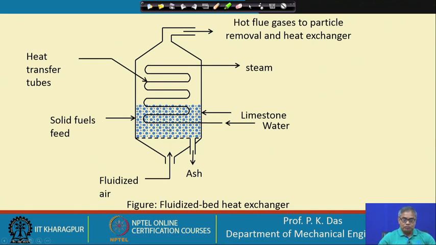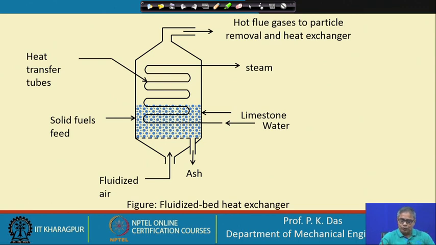So, it is an indirect transfer type of device, and at the top again hot air is going. So, it can give some more heat for the production of steam. This is one example, a very typical kind of heat exchanger, though they are not many in number. These kinds of heat exchangers are not many in number, but they are very important for energy conversion, recovery of waste heat, burning of low calorific value fuel, environmental protection, etc.